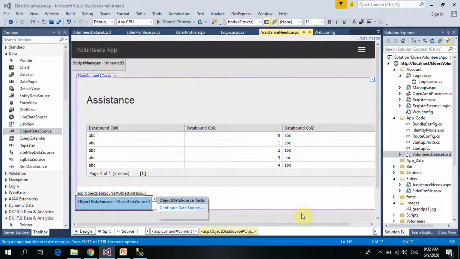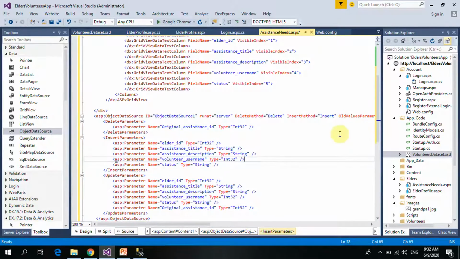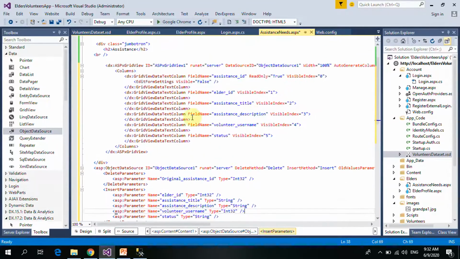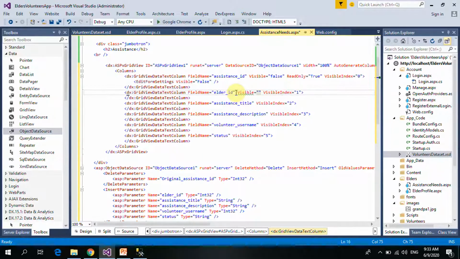So we can go back to the data source, and you can see a lot of information has been added here to our columns. So we have the assistant ID, which we don't really need, so toggle the visibility to false. The elder ID too. I think the elder ID should actually be elder username, not really elder ID. Yes, it should be elder username, since the username is unique here. So let me change that to elder username,